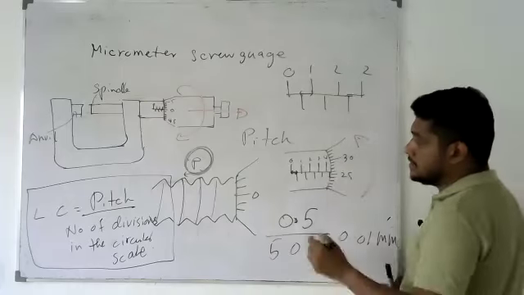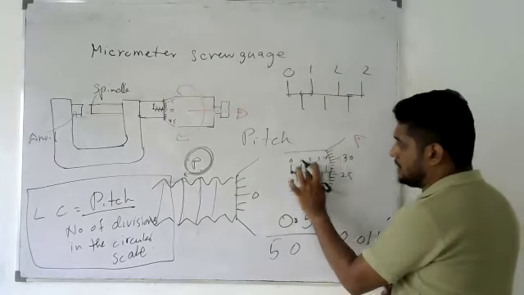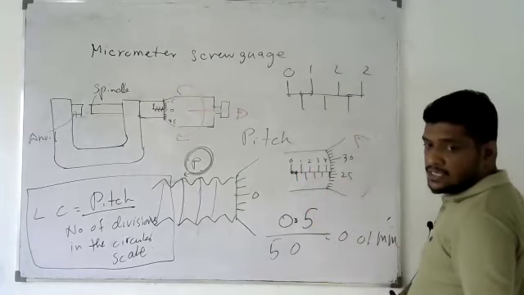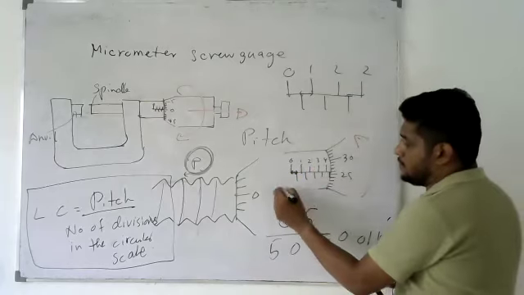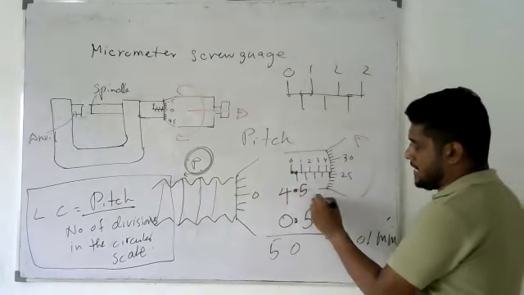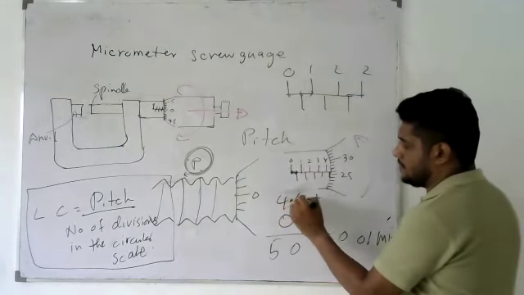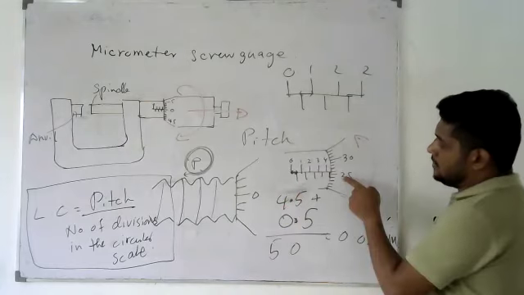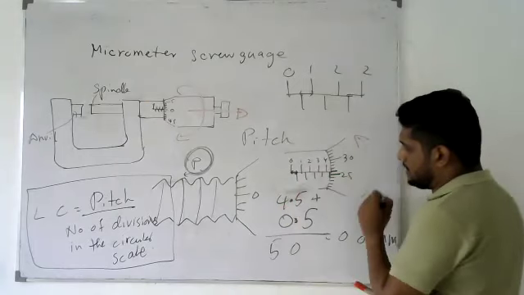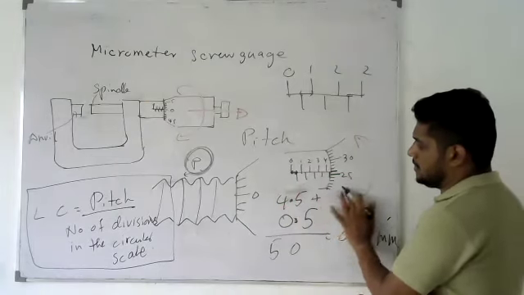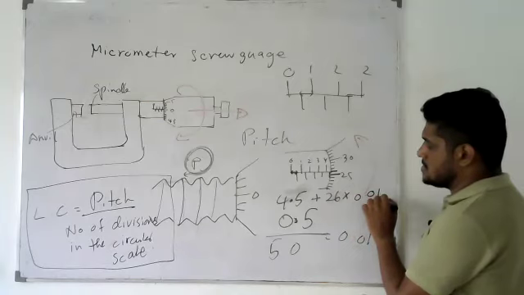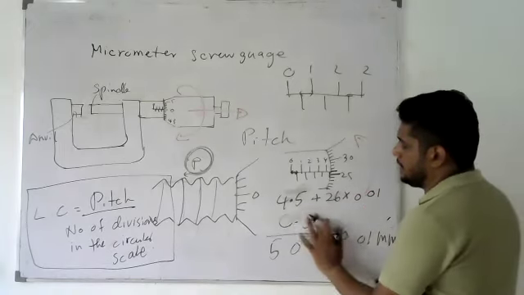You can see 1, 2, 3, 4 millimeters and a half visible, which means 4.5 is the reading from the main scale. 4.5 එකට add කරන්න ඕනේ circular scale reading එක. 25, 26 නේ. 26. So 26 into 0.01. අපිට එන්නේ